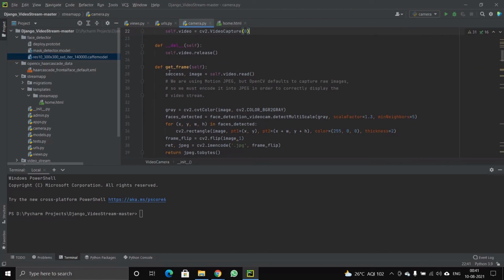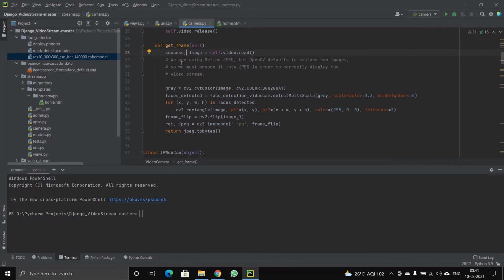And this function, define get_frame, is where you will be getting the continuous frames, and it will evaluate on each 1 second whether the movement of your face is recognized, and it will look for the detection of the mask based on the pattern as well as movement of your face.